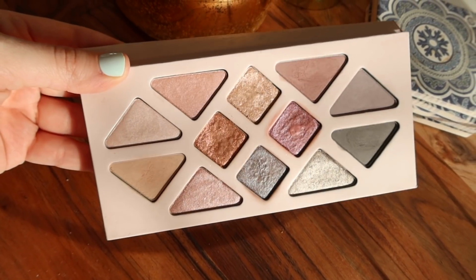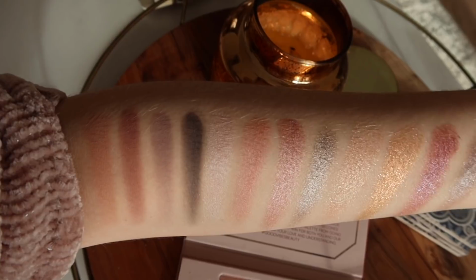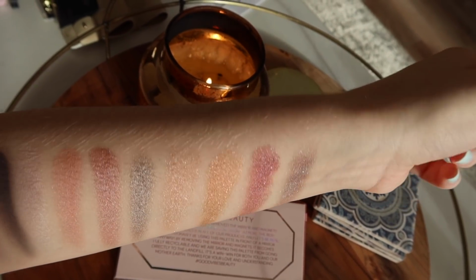In this palette, you are getting 4 mattes, 4 sort of metallic-y pearly shades, and then 4 more intense, almost duochrome shimmers in the center. There is something really special about these mattes. I don't normally get excited about matte eyeshadow. As long as they complement the shimmers and they're blendable, I don't really care about mattes, but these mattes in particular actually make me really excited to apply matte eyeshadow because not only are they smooth and blendable,